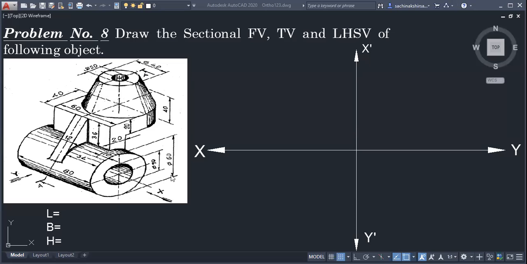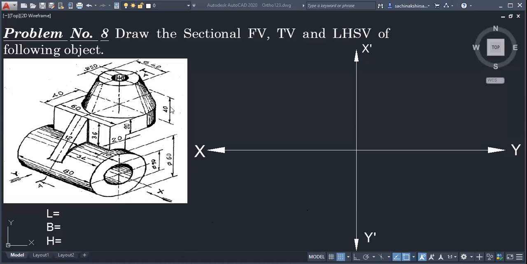Why were we taking sections? Even in science you took sections of a flower or a stem to study internal details. If an object is complicated, there are internal details, and to know them we take the section of the object. Section means to cut.